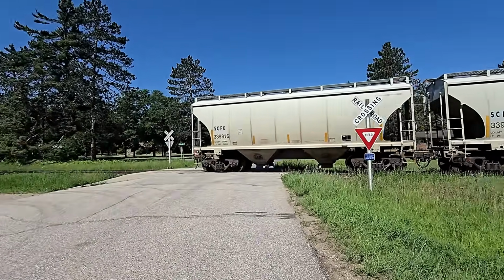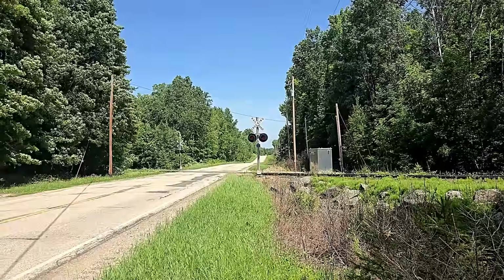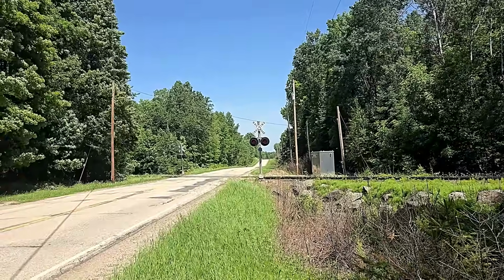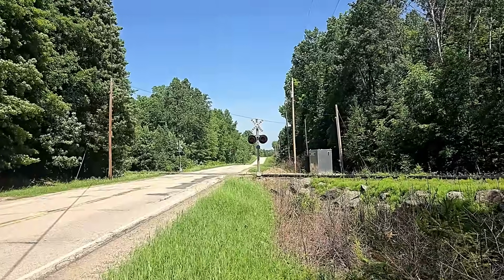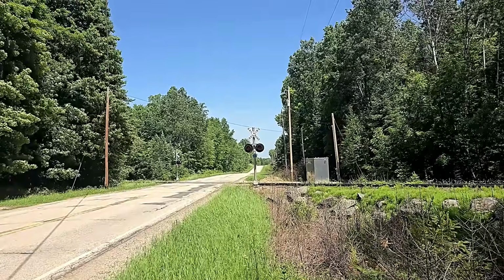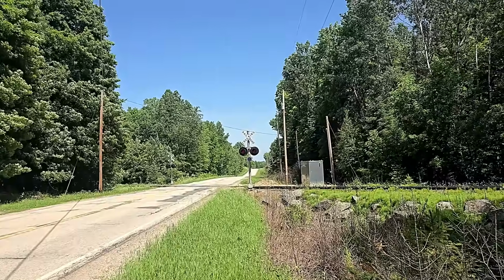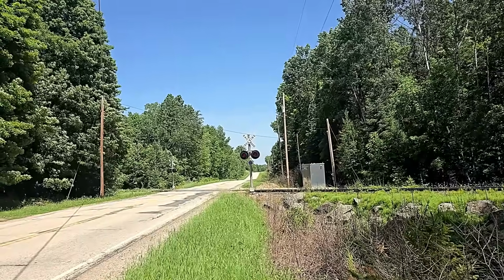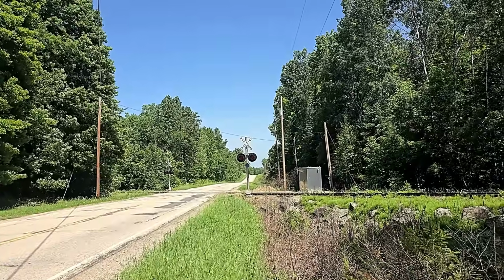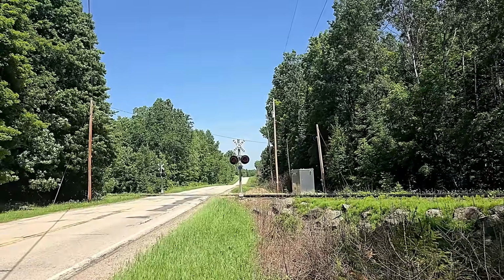See if they stop at Alter Metal. Well, I can finally hear power after an hour of sitting here. It normally takes them about 25 minutes from Pembine to this crossing. Today it's been over an hour. So I don't know if they were having problems. Maybe the heat. I'm not really sure, but